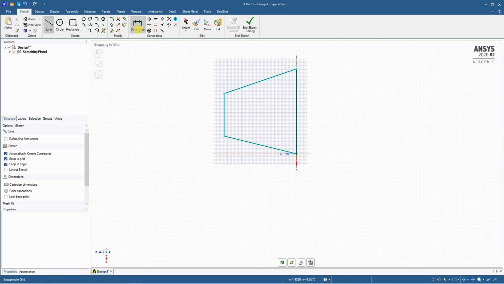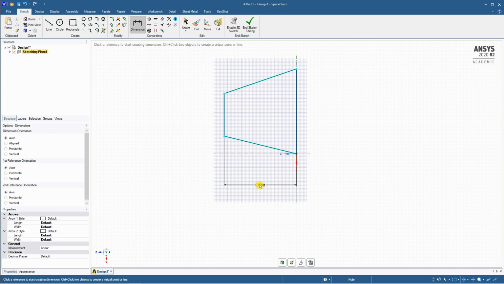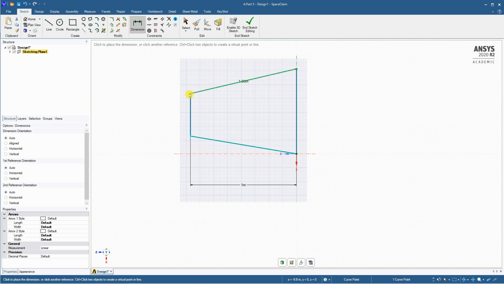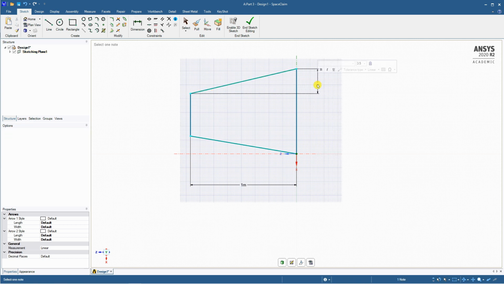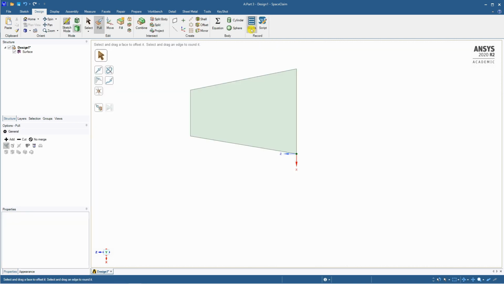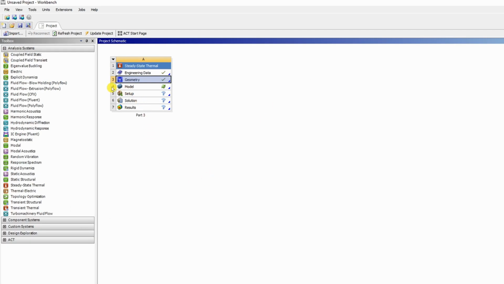And back. Then I will dimension. The distance between these two lines is 1 meter, and the vertical distance between these two points is 0.2. That's it. Say end sketch editing. And then you can just pull this surface in one direction by 0.2 meters. That's it. Just minimize this and go to next step 4.